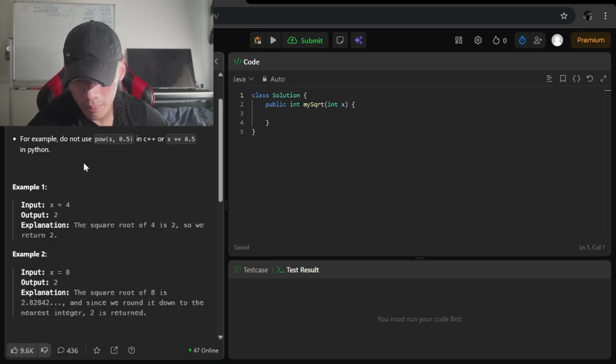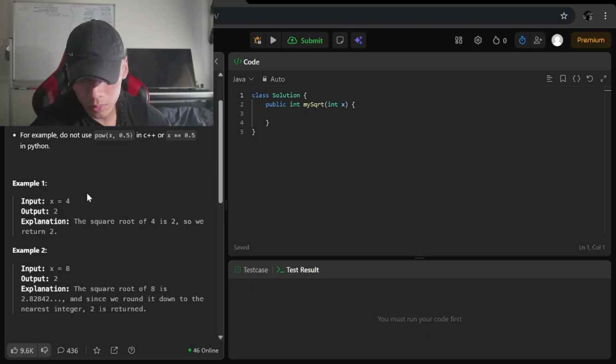The returned integer should be non-negative as well. You must not use any built-in exponent function or operator. I already did this, I had a solution saved, but I didn't look at it.